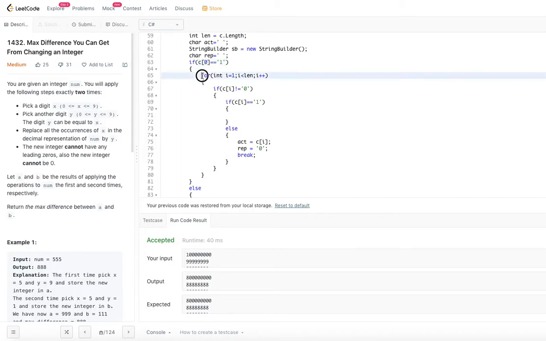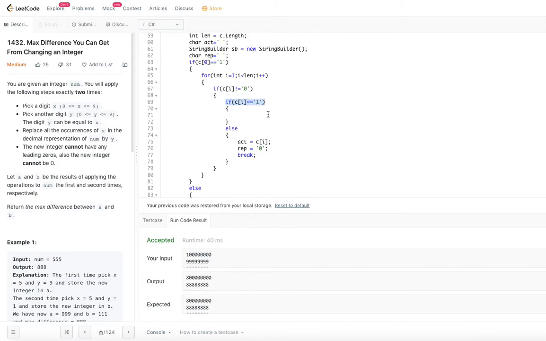If it is 1, then we start from the second character, i equal to 1, that means the second index. Check if it is not equal to 0. If it is equal to 0, you have to move further anyway. If it is not 0, check if it is equal to 1.